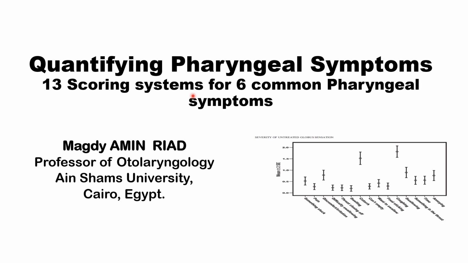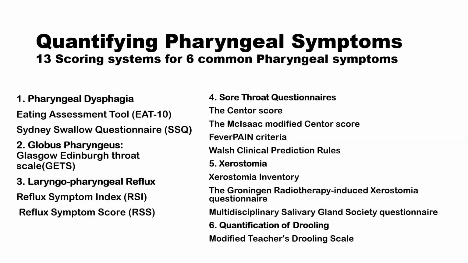We shall go through 13 different scoring systems in an attempt to quantify symptoms of 6 common pharyngeal problems. We shall go through scoring systems to quantify symptoms of pharyngeal dysphagia, including the Eating Assessment Tool EAT-10 and Sydney Swallow Questionnaires, and then symptoms of Globus Pharyngeus using the Glasgow Edinburgh Throat Scale, followed by Laryngopharyngeal Reflux symptoms quantified by